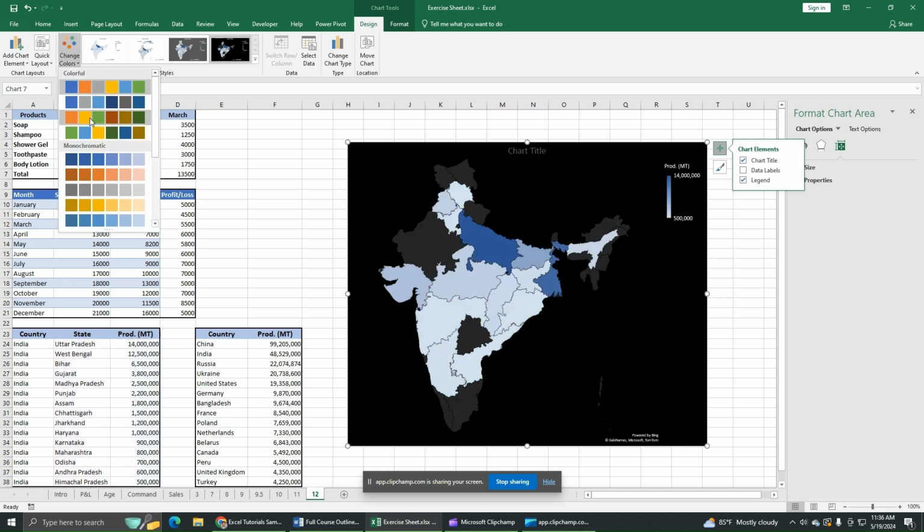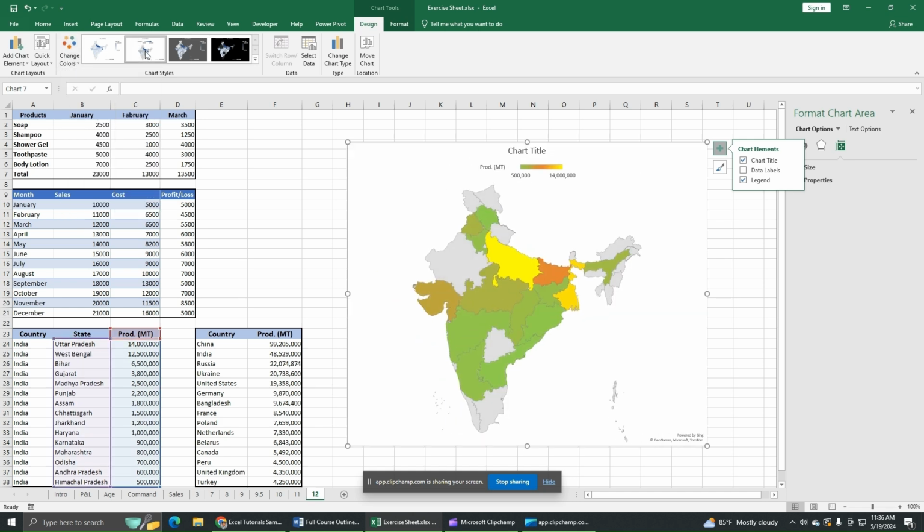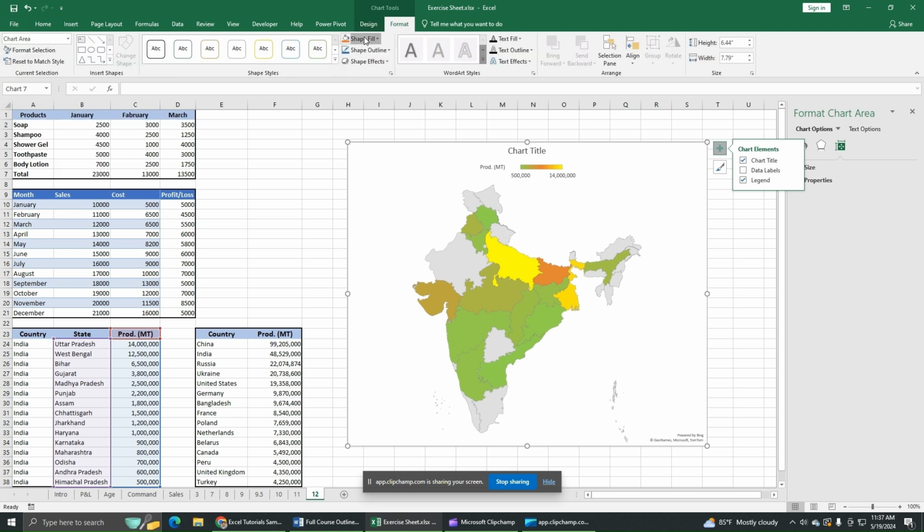You can change the colors, you can add more chart elements from here. You can also do a little bit of formatting. So now here we can see,